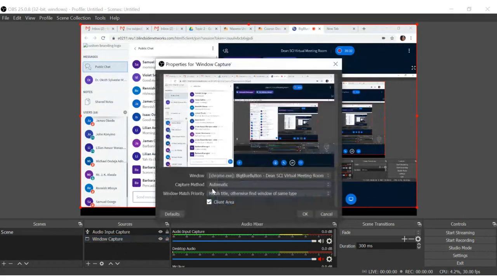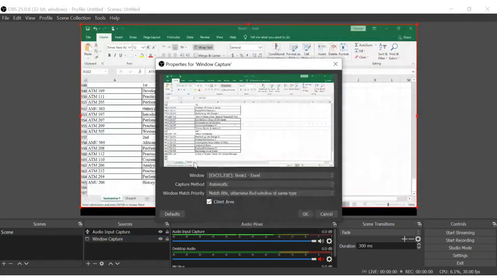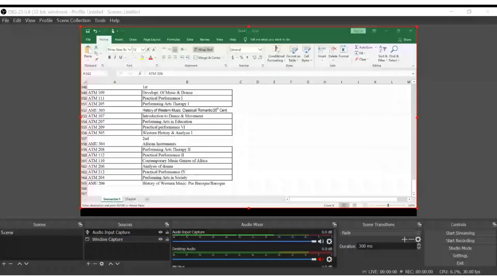Under window capture, you can capture any window that is open on your computer, be it an Excel sheet, like you can see right now. I've just changed it. Maybe I may be teaching Excel, so I can change the window capture to Excel. If I'm teaching LaTeX, I'll just change the window capture to the LaTeX